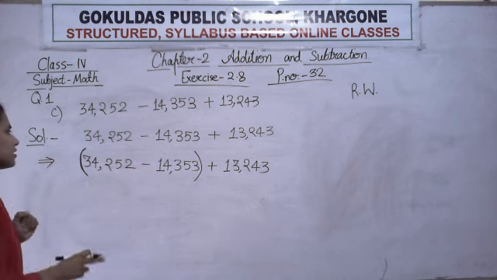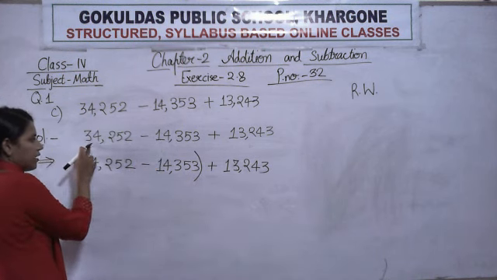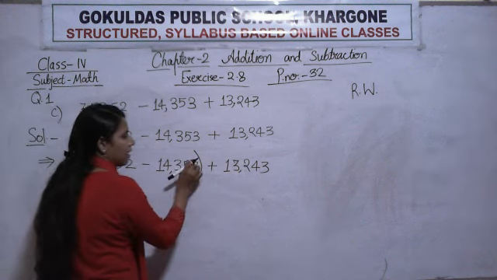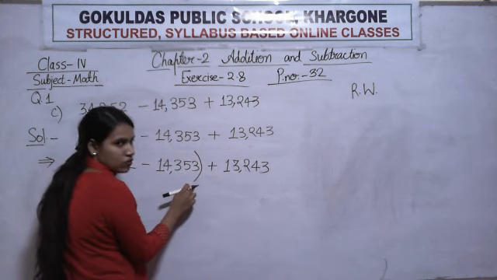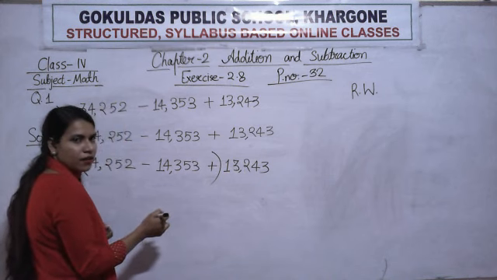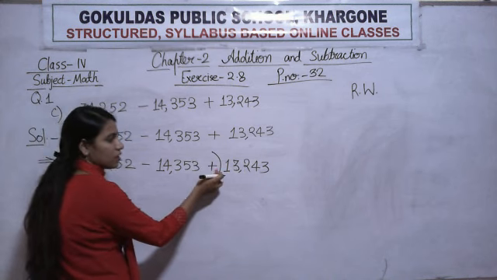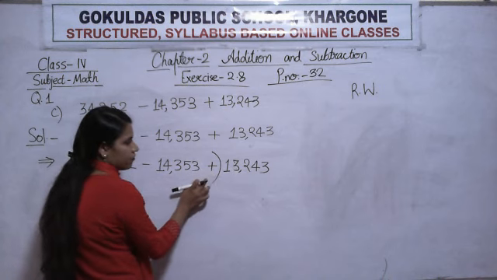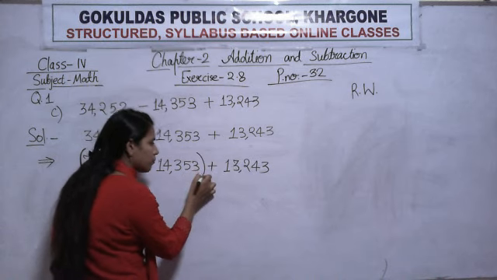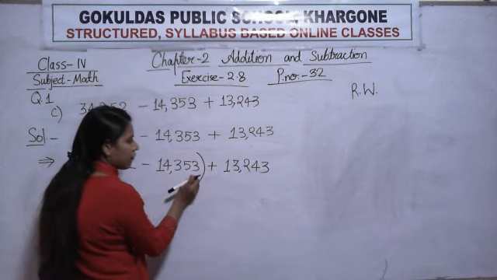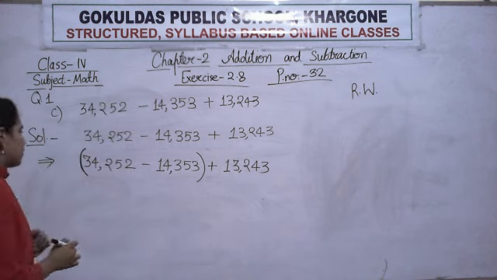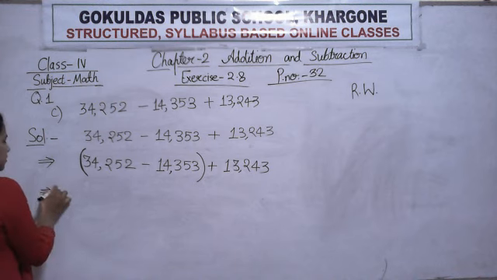What I did is make a group of two numbers. Where will you put the bracket? Before the starting number I put an open bracket, and after the end of the second number I put the closing bracket. Remember, do not put the bracket here. It is the wrong way, because you took the symbol inside the bracket. You will put the closing bracket after the end of the second number. Remember this.